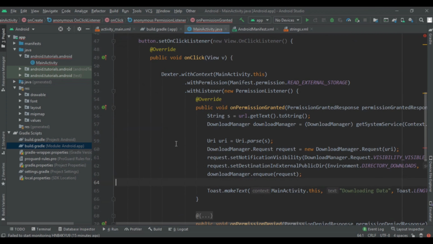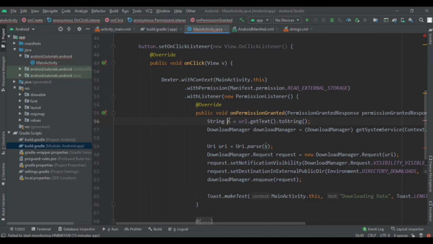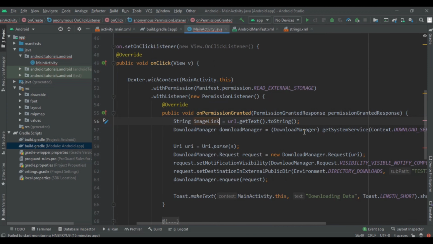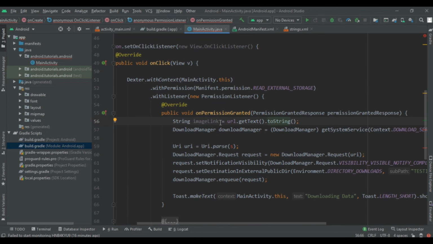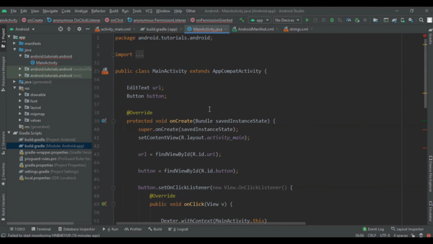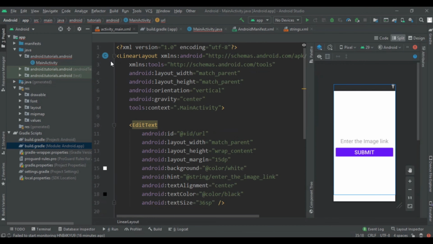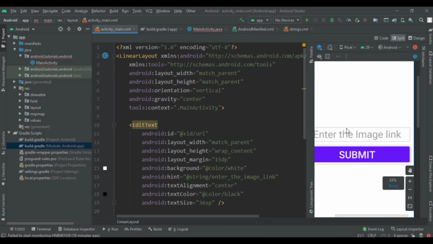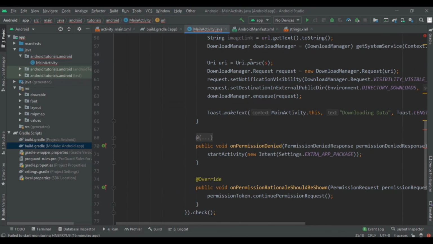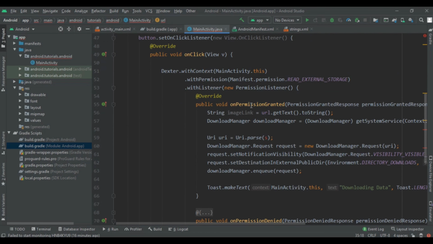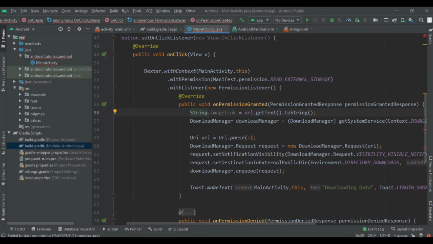So here I am writing image link, and after that you have to write url dot get text, which will get the text of whatever we write in our edit text. You can see that whatever we write here, we will get it into a string of image link. So I wrote a string image link equal to url dot get text to string. Here we got that string, and now we are going to ask download manager to get that system